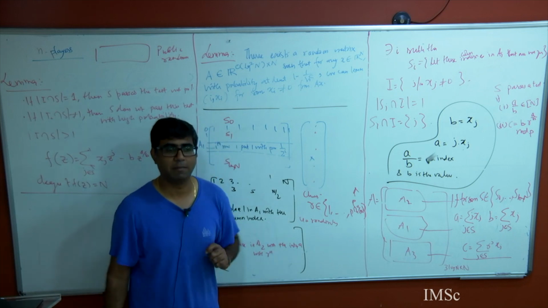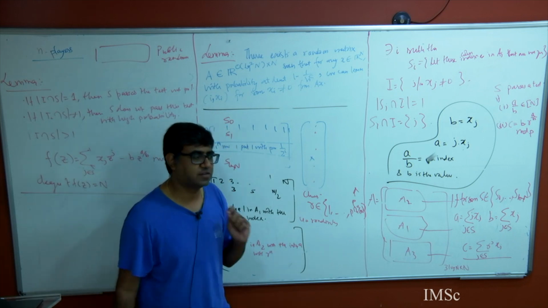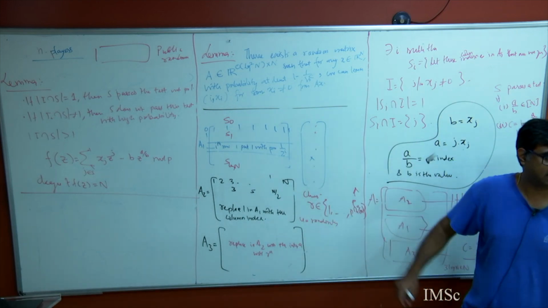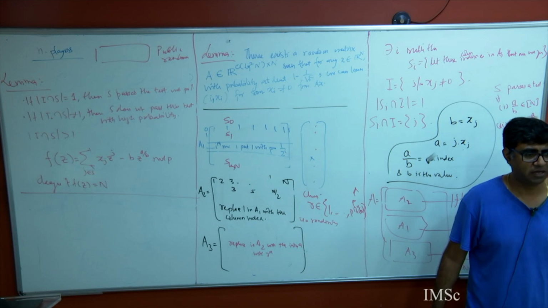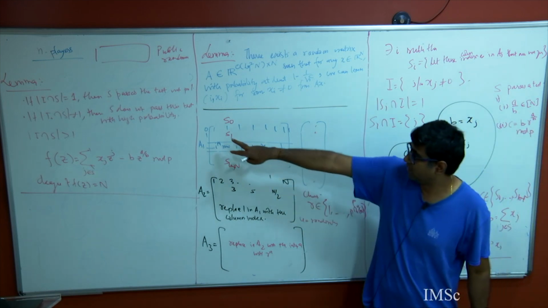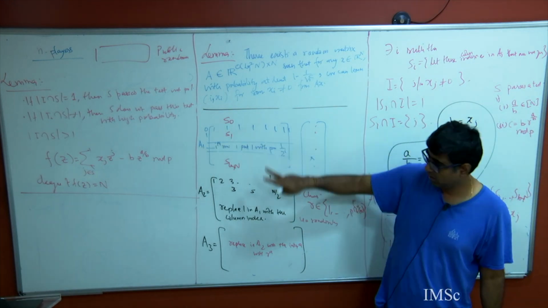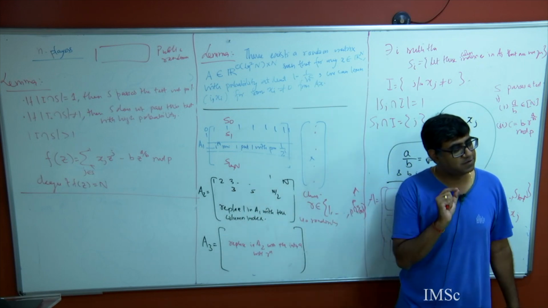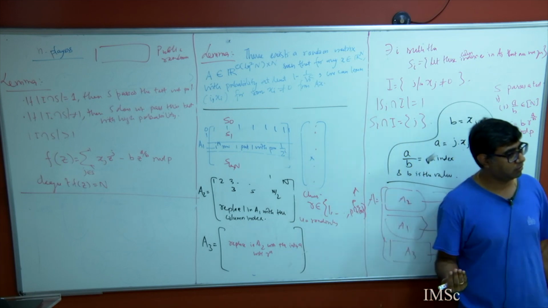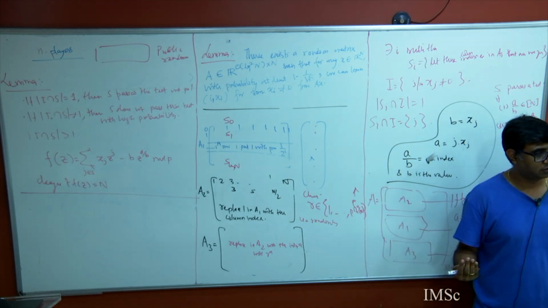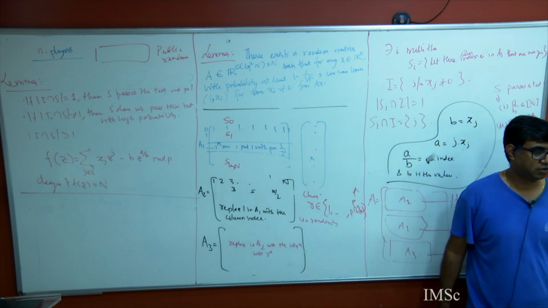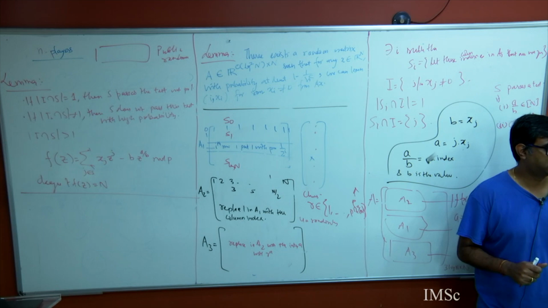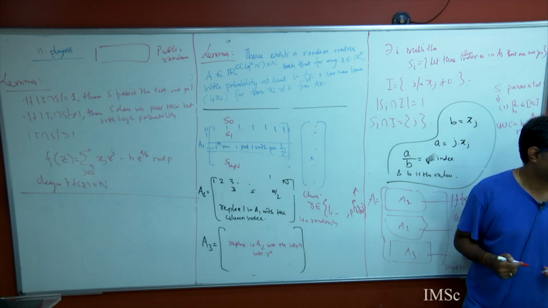So for example, if I had just told you that this guy is one sparse, like it is exactly equal to one, right? Then it is enough that you keep this row and you keep this row, and then you will be able to get the value. But if I just asked you, is it more than one, then the only way to do it is to choose an R big enough and do this.